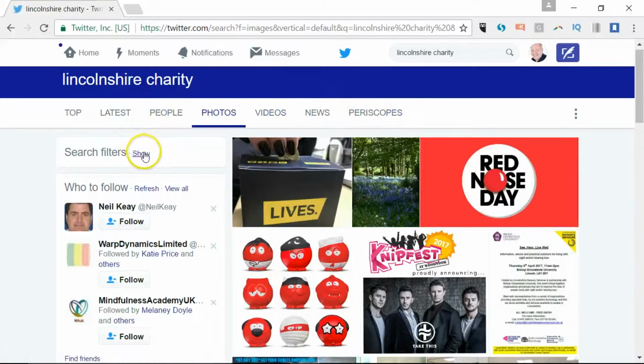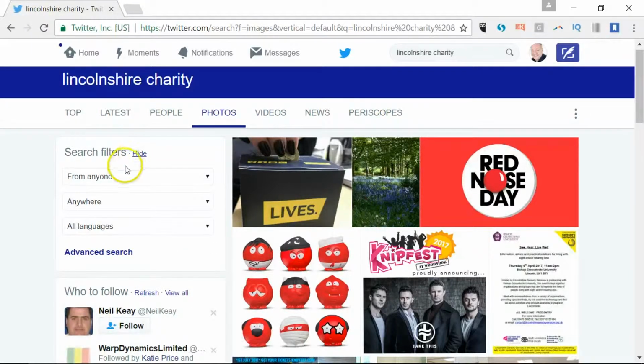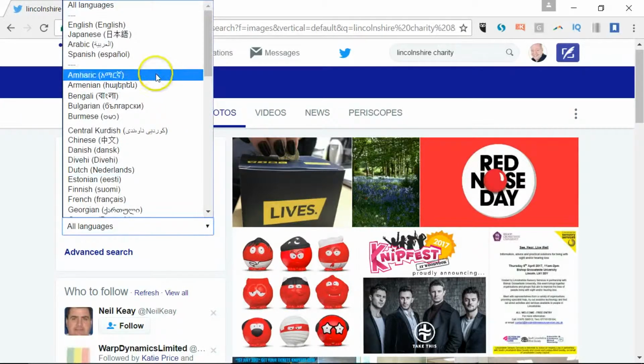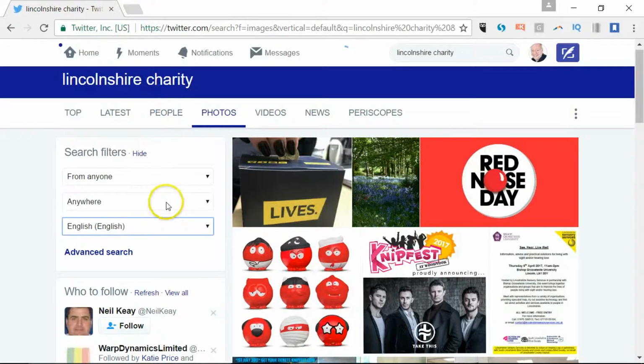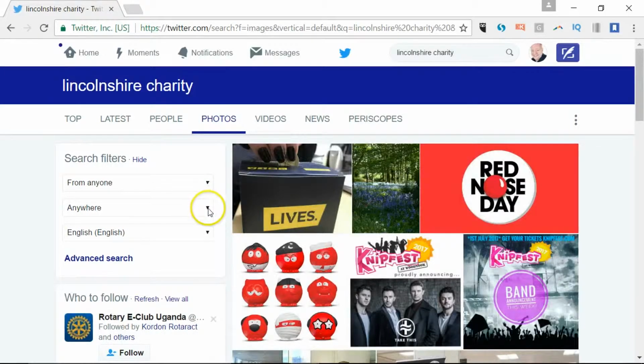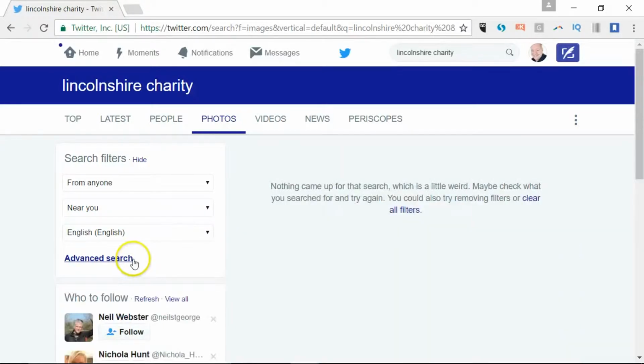But I want to narrow this down a little bit to make sure it's not somewhere further afield. So I can say search filters, and I click here, and so I could say either from anyone or just the people that I follow. I can pick the language the tweets are in. So I'm looking for just English language results. And then probably most importantly, you've got anywhere, and you can change that to near you. And this is actually one of the advanced search options. So nobody's come up